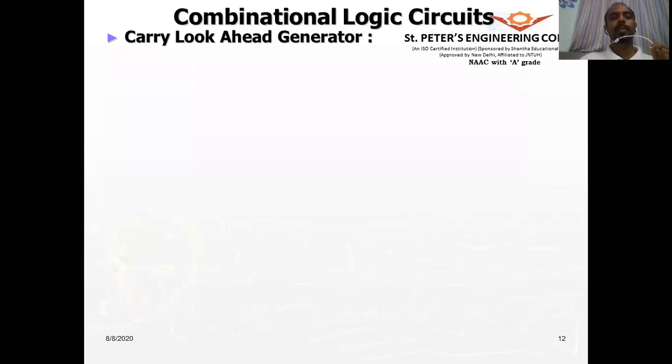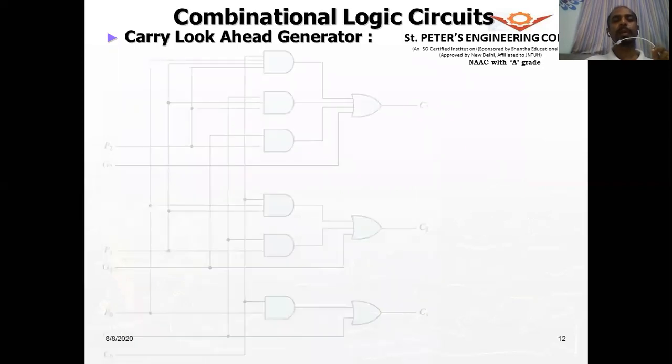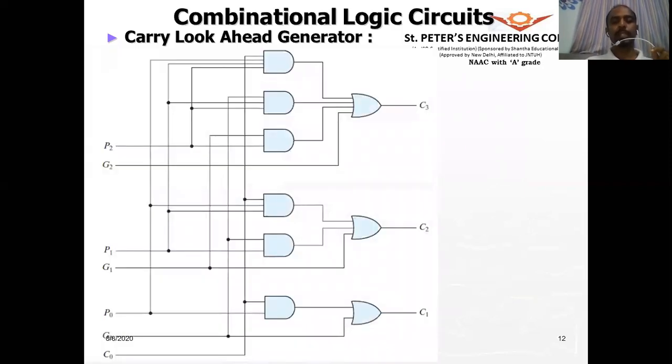We bring in the carry look ahead generator. That means when the carry might be generated, we predict that. So this is called a carry look ahead generator. So now we see that when C naught is the carry from the previous case, I mean the zeroth position,